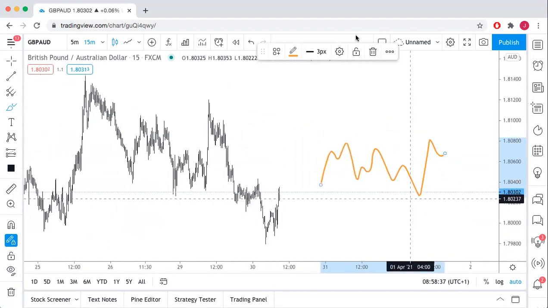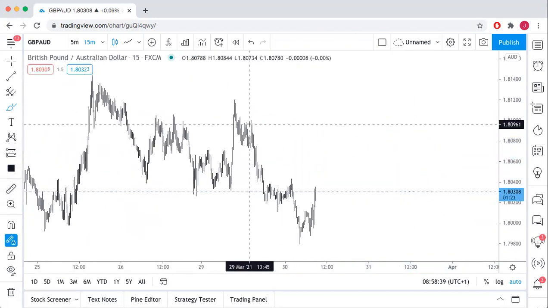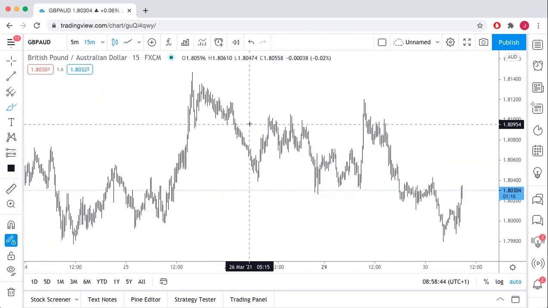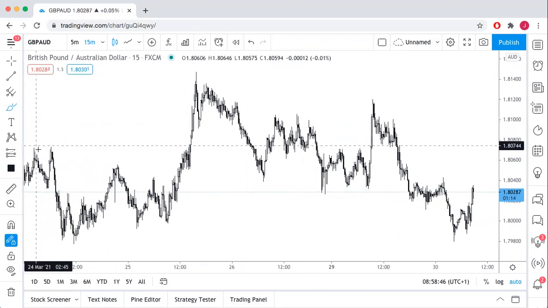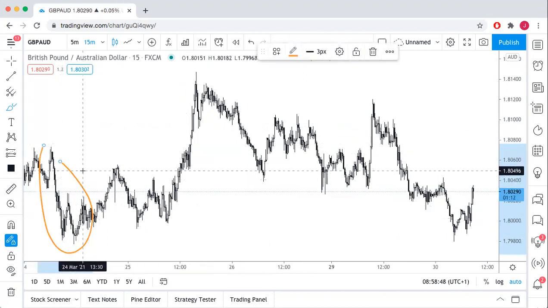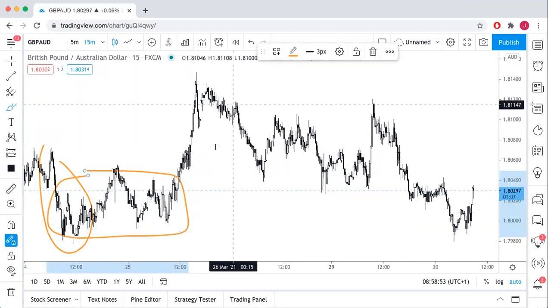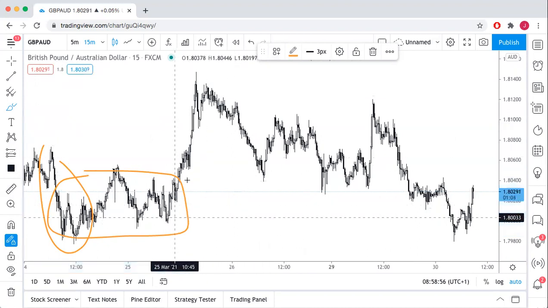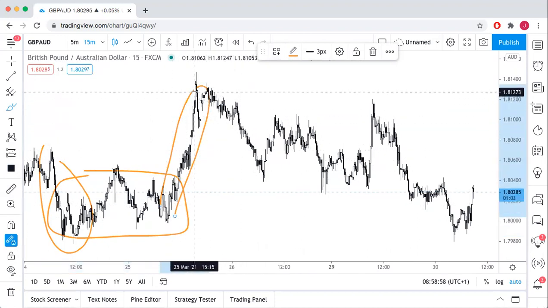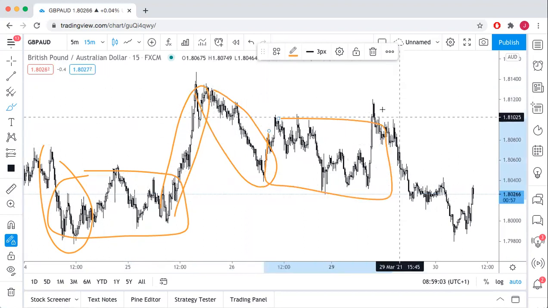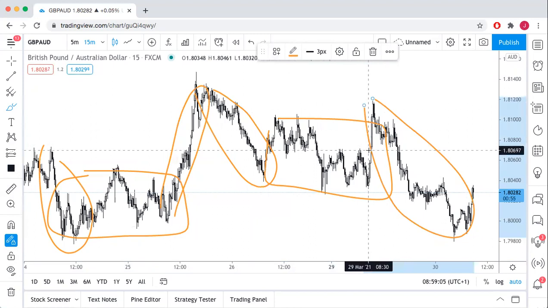So we can actually see that in a way here when we take in the overall picture on GBP/AUD we're looking at here. Generally speaking, here you can see we've got bearish structure here. We've got then quite clear sideways structure here. There's no real clear bullish or bearish pushes there. We then have a bullish structure again here, a bearish structure again here, a bit of a sideways structure really, and then a bearish structure coming in again. So this is just to note very simply how we can see changes of structure very quickly in the markets,